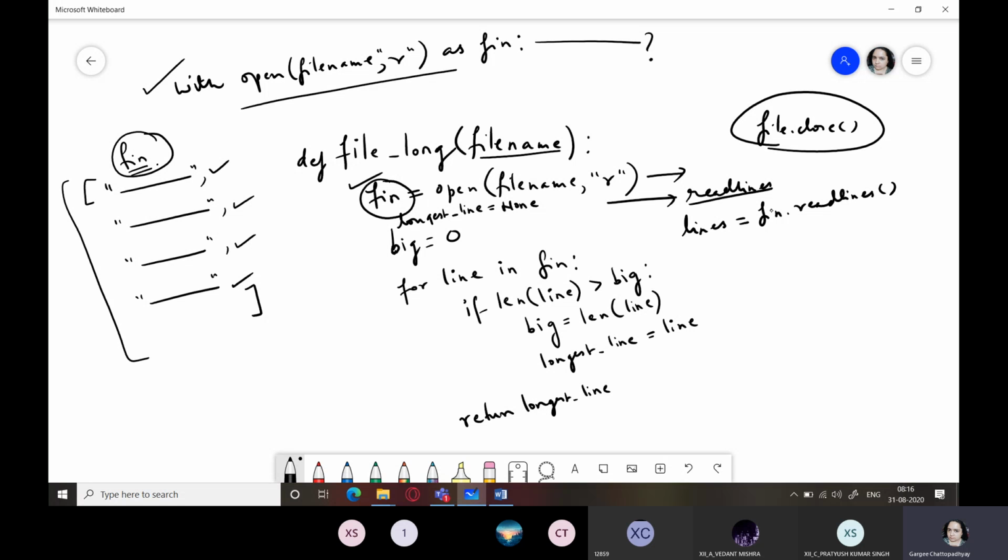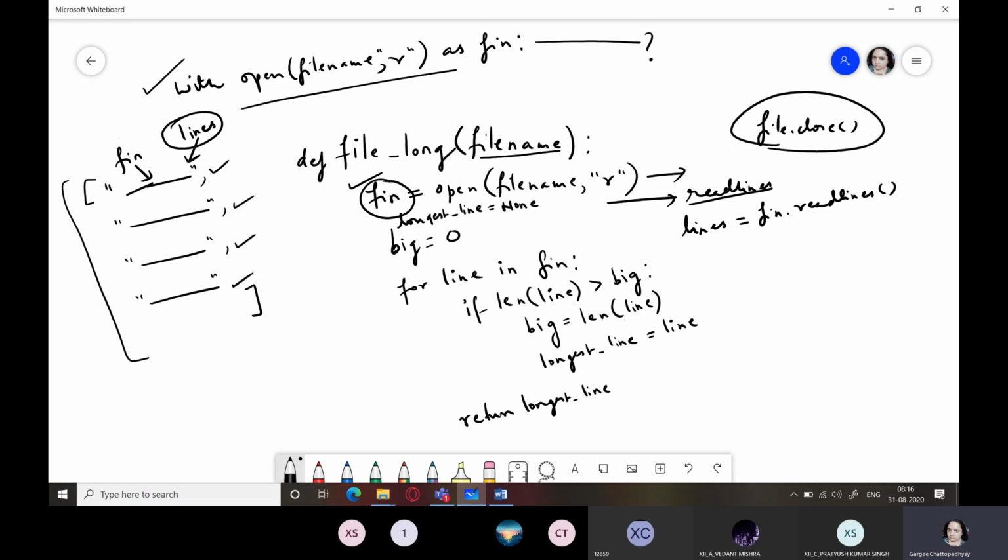It is going to extract all the contents of the file object and save it within lines. So now this fin what we had would remain as it is, but now another variable will also be pointing to this.